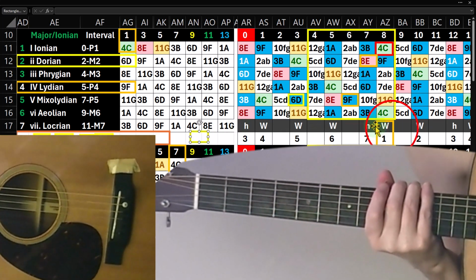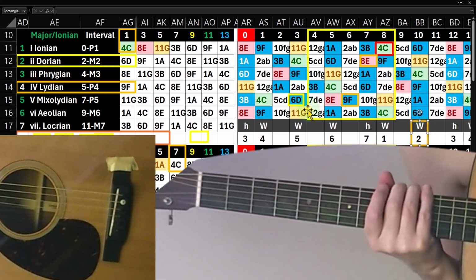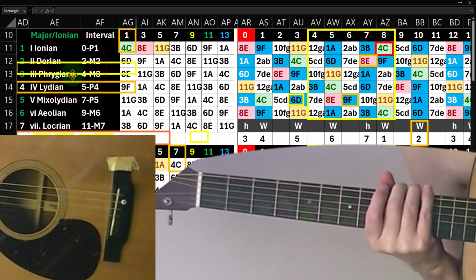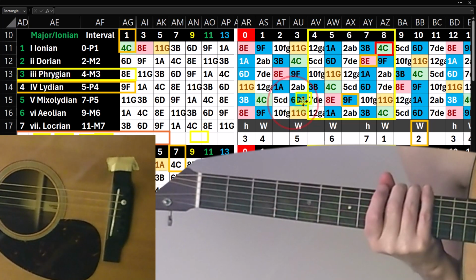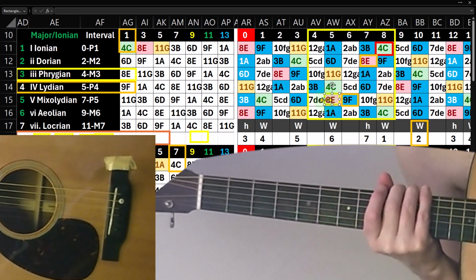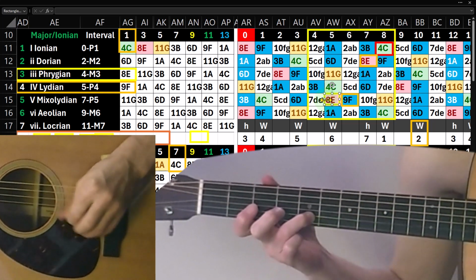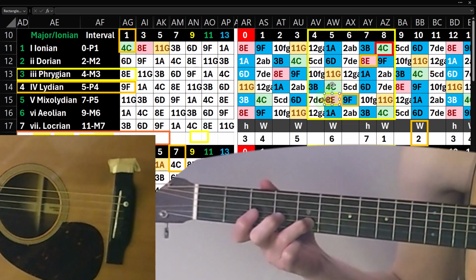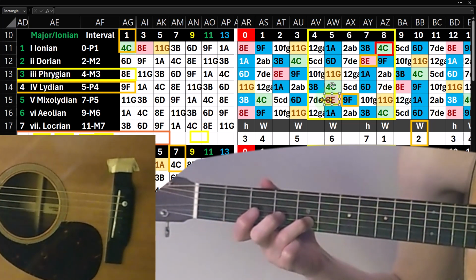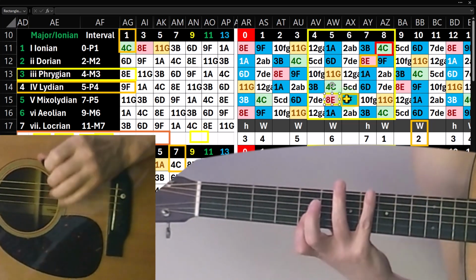And then if I go from the second to the third, we're going from the Dorian to the Phrygian. So we're going from this D Dorian to the Phrygian, and that's going to be a whole step. So we have a whole step there. And so now we're on the E. The E with relation to the C